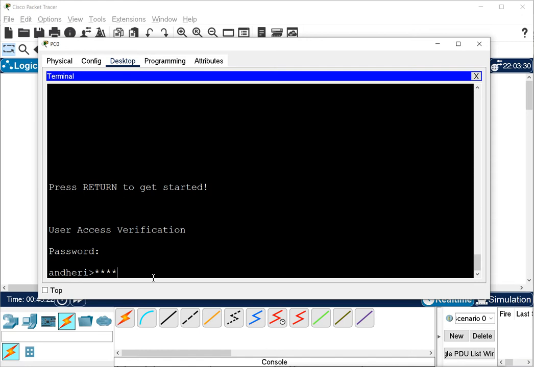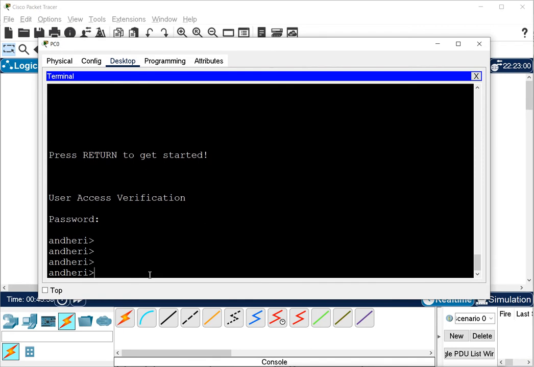Why does it not do that? Because suppose someone is standing behind you and sees what you are typing, he can guess the characters by number also. Like if he sees four stars, that means you are typing a password which is only four characters. Now he will try to guess the password, and maybe he can guess it. So because of that, whenever you type the password, it does not show any character here. Not star, not hash, not dash, anything. This is because of security.